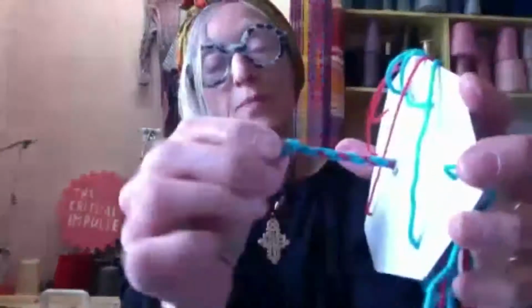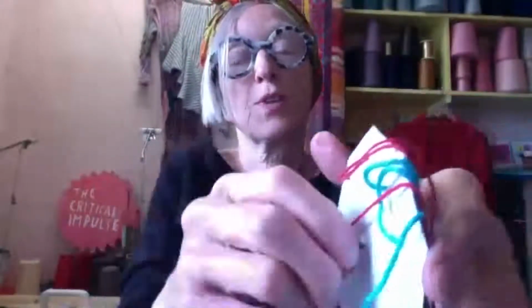And as it starts to grow, you get the idea of how the colour is going to look. And then you might think, oh, the next time I'm going to do more red and just 1 turquoise or something like that. So you can look up Japanese samurai warriors' costumes and just look at the amazing braids they have for them. And you can look up braid making, kumihimo,